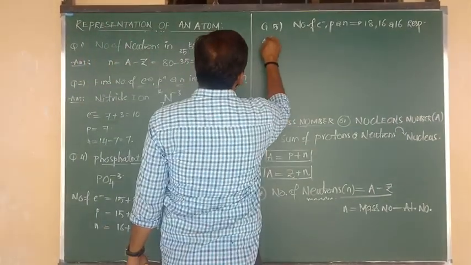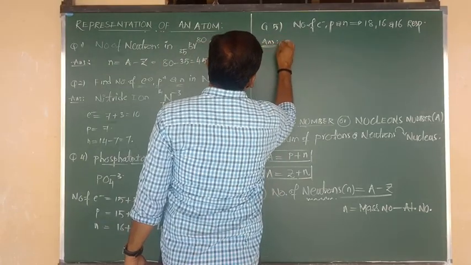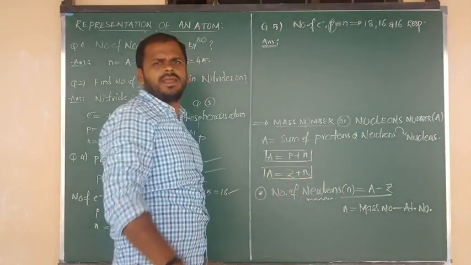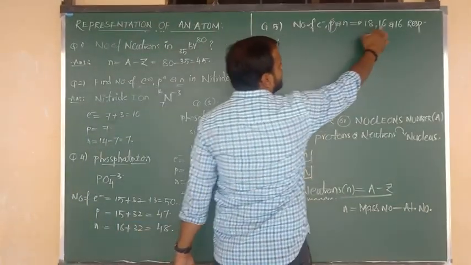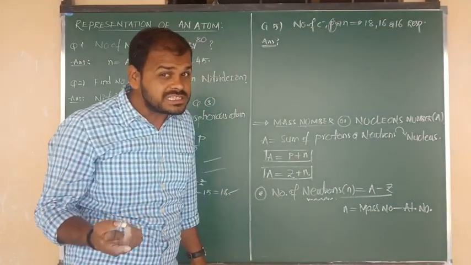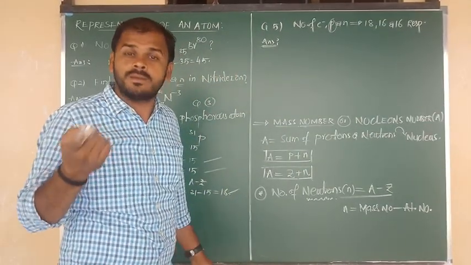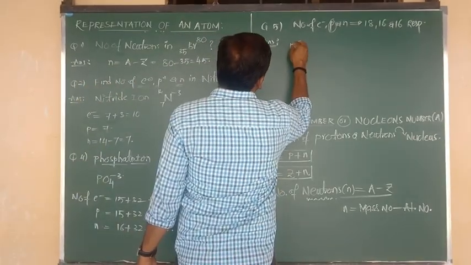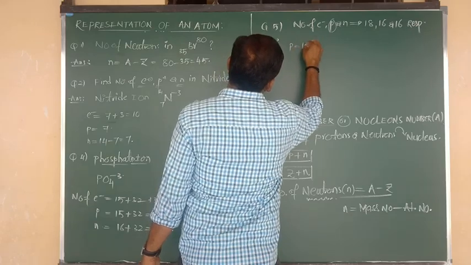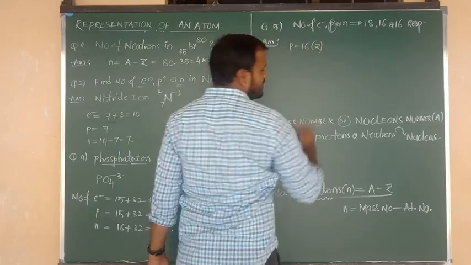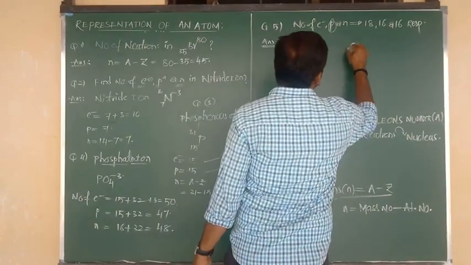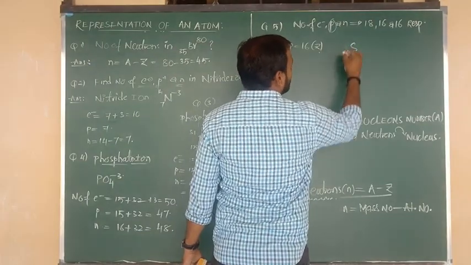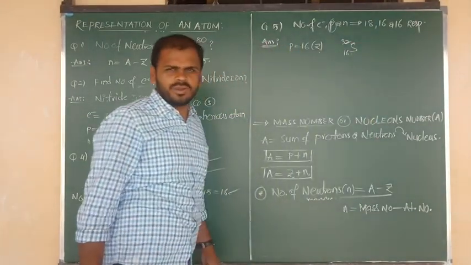Okay, so for that I am going to tell you the answer now. On the basis of protons we have to decide the answer mainly, because the proton value is fixed for cation, anion and for all. Proton how much? 16. Nothing but Z value is 16. Z value 16 means atomic number 16. So the number of protons equals 16, which indicates the atomic number. Atomic number 16 means we have to say sulfur atom. What is the Z value? 16. What is the mass number? 32. You know that very well.